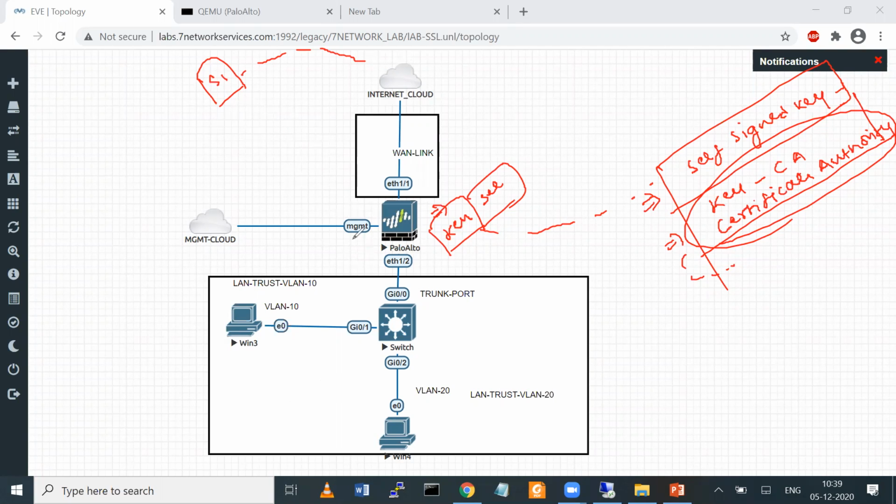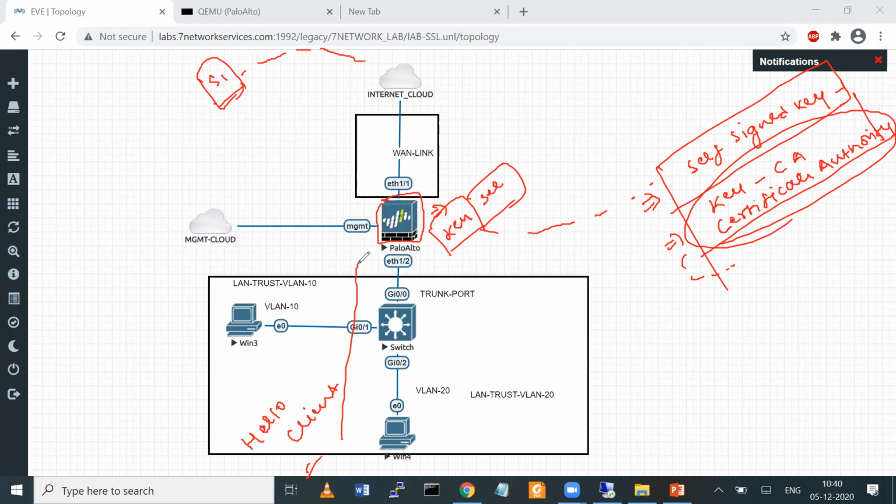First, when we send any client hello packet to the server, earlier we were doing it directly, but when we use a self-signed certificate on the firewall,